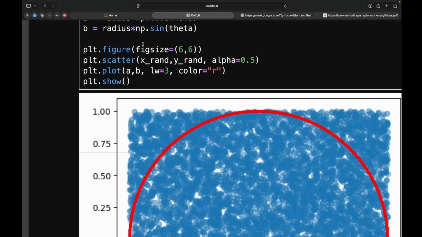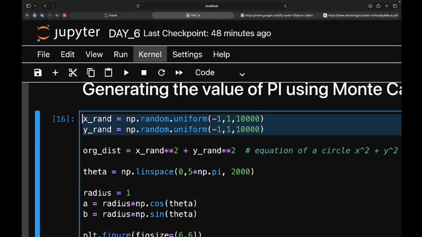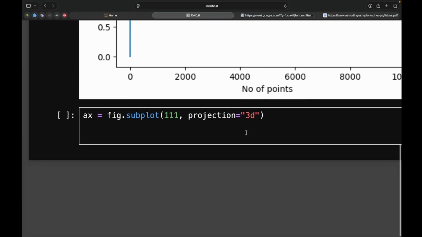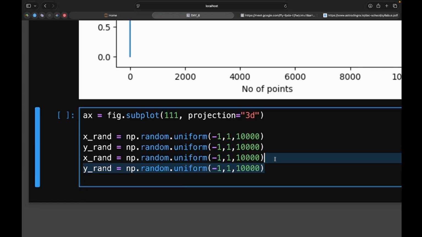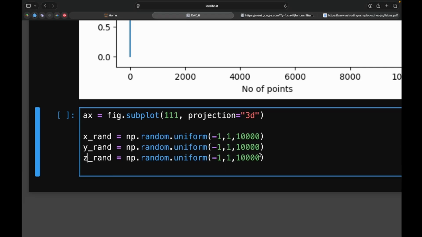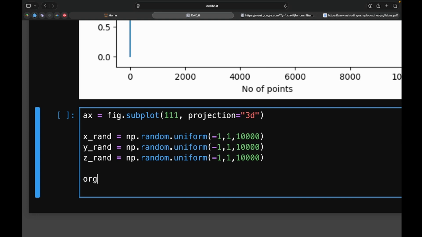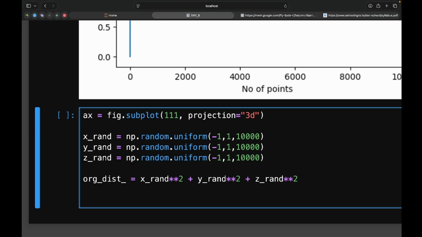So I'll just copy these things here from here, and I'll change it to Z. Now original distance underscore x random multiply double asterisk, basically plus z random. Okay, now